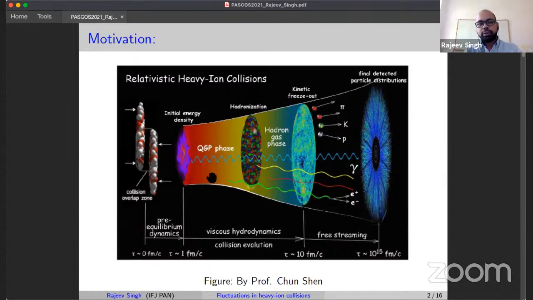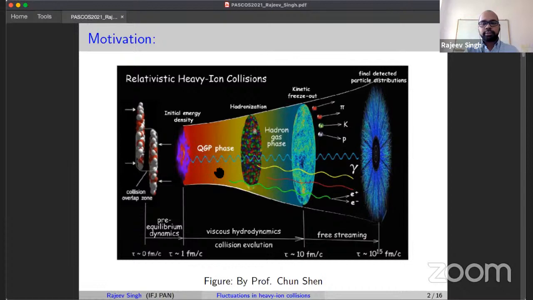Most people study the perfect fluid hydrodynamics, and in some communities people are studying the dissipative or viscosity corrections to this perfect fluid hydrodynamics to get more precise values. But the most important point here is that to study the evolution of QGP, we need to use some local equilibrium